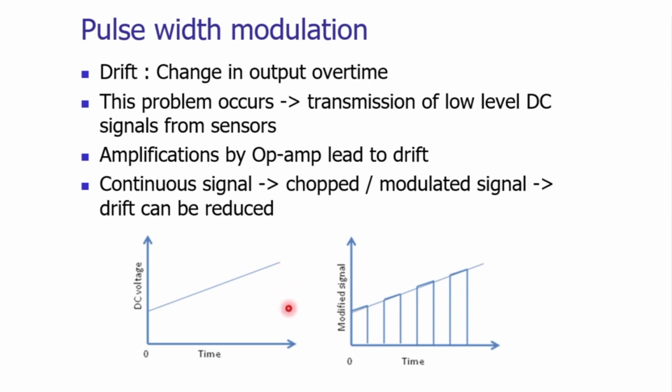So in that case the microprocessor will not process the signal which is given to the microprocessor. Well, in this case, although the value of the signal is increasing, at the modulated signal, the drift is in acceptable range. So in this case, the drift is not in acceptable range. The drift is an unavoidable problem. It will be there in the sensors and the transducers, but by chopping off the signal, we can tackle this